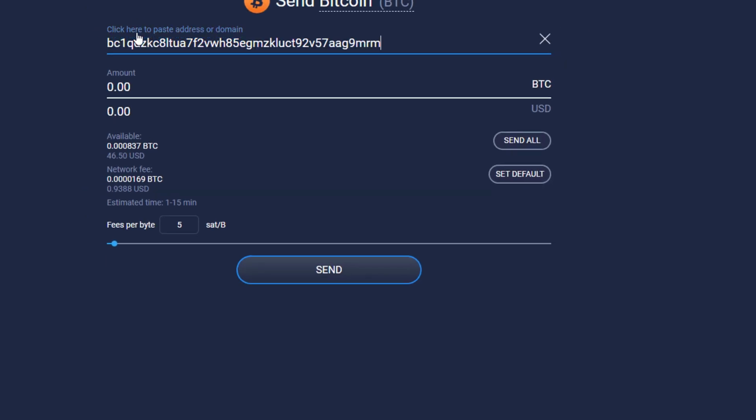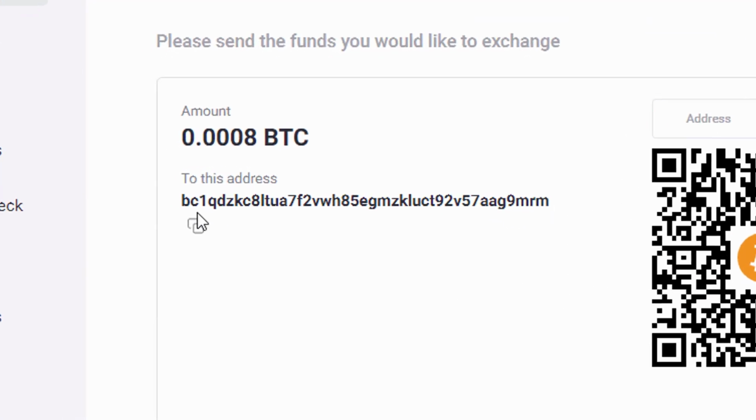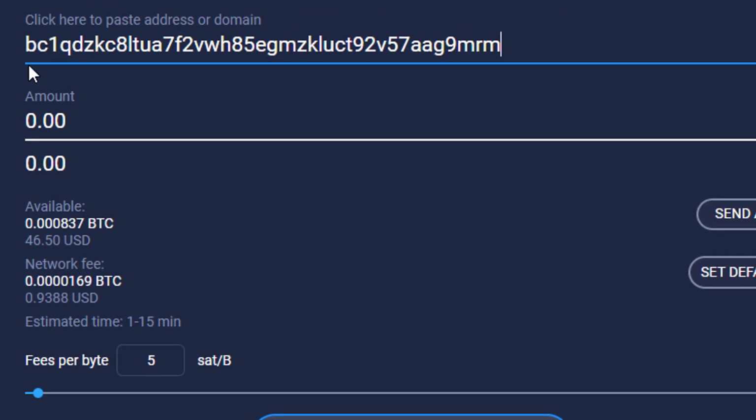I'm going to paste the address that I just got from the system. I'm going to verify GMRM, BC1Q. Okay, so I'm sending it to the right place.